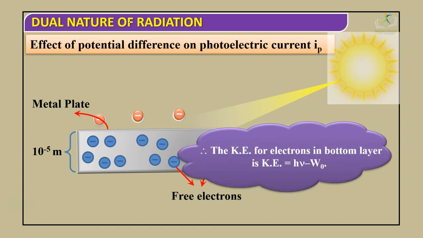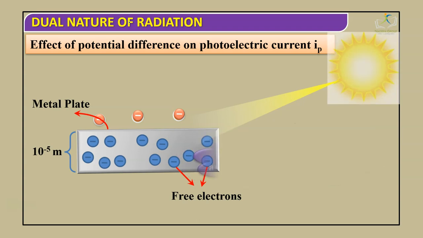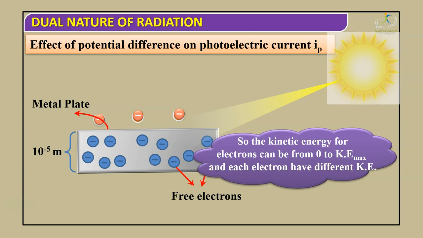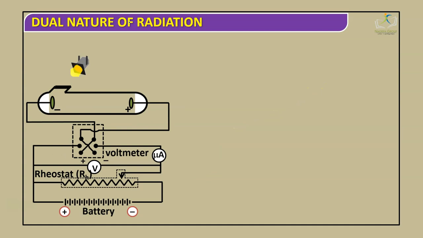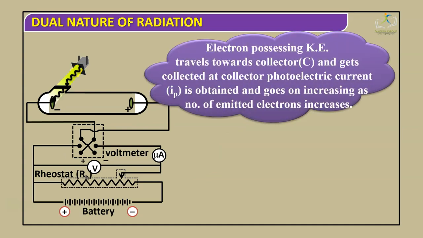The kinetic energy for electrons in the bottom layer is kinetic energy equals h nu naught minus w naught. So kinetic energy for electrons can be from 0 to kinetic energy maximum, and each electron has different kinetic energy. An electron possessing kinetic energy travels towards the collector